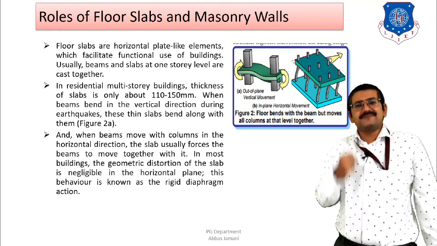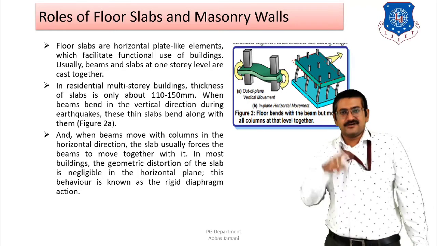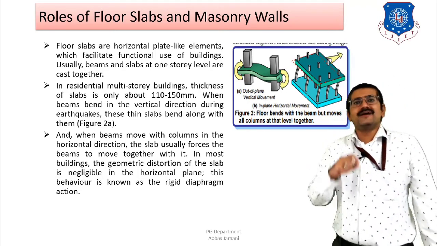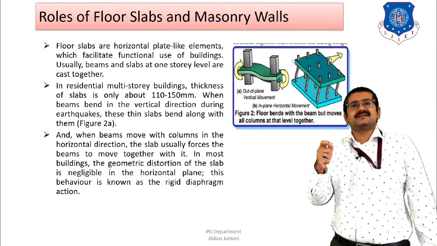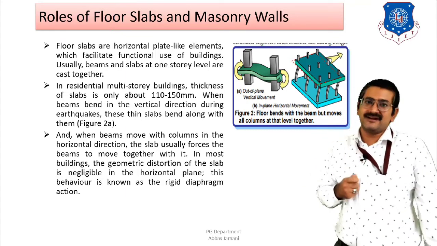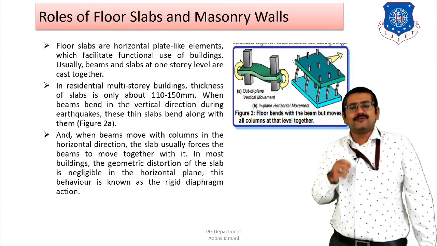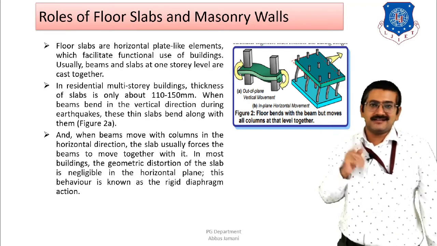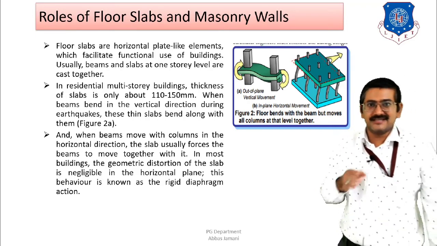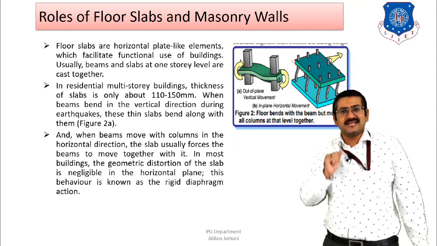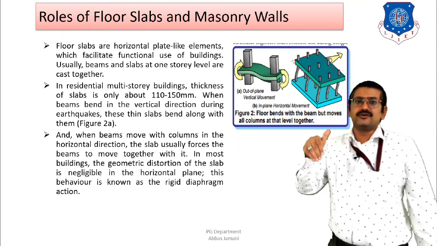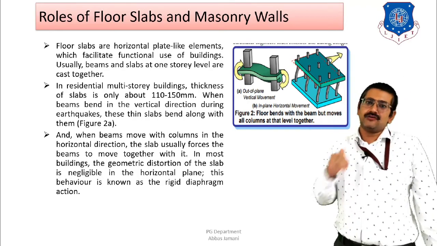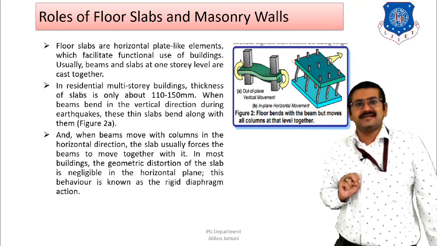So, two types of movements are discussed for slabs over here. First movement is the vertical movement, and second movement is the horizontal movement. And if you go back to our earlier lectures where we have discussed out of plane bending and in plane bending, then we can say that if the force or the deflection acts along the larger dimension of the element, that is along the length of the slab, it is in the in plane direction, and if it acts perpendicular to the slab or the cross section of the slab, then it is known as the out of plane direction. Right?